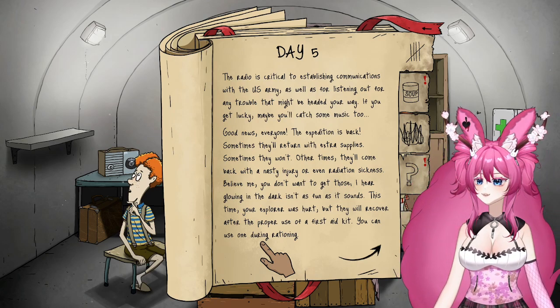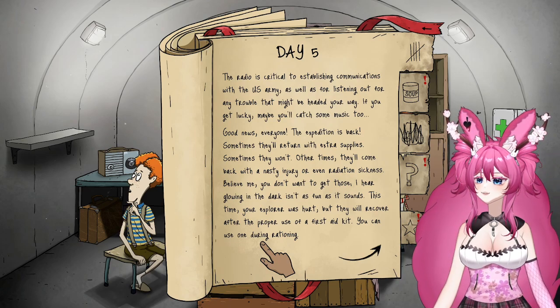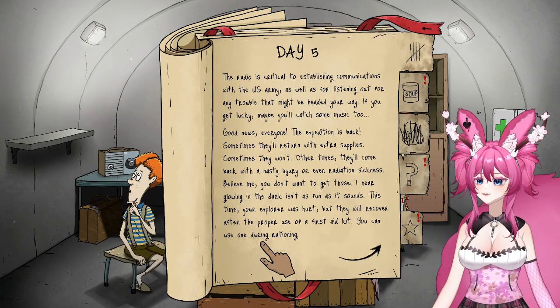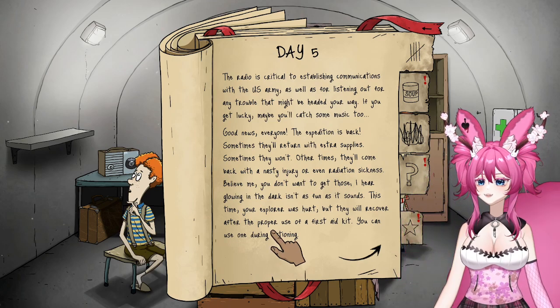Good news, everyone. The expedition is back. Sometimes they'll return with extra supplies, sometimes they won't. Other times they'll come back with a nasty injury or even radiation sickness. Believe me, you don't want to get those. I hear glowing in the dark isn't as fun as it sounds. This time your explorer was hurt, but they will recover after the proper use of first aid kit. You can use one during